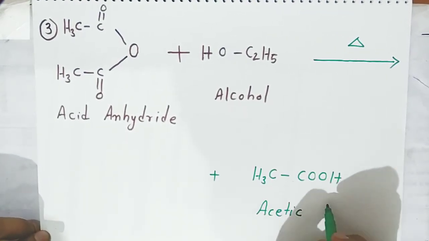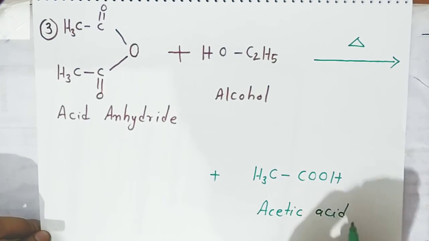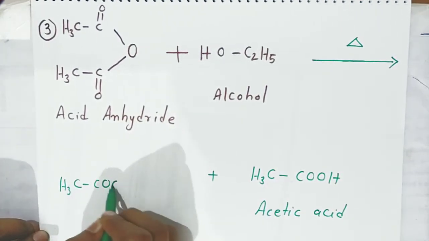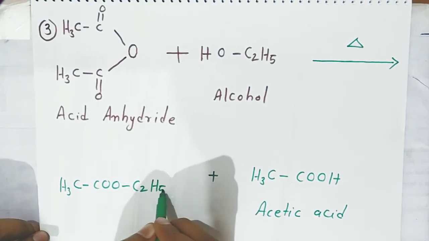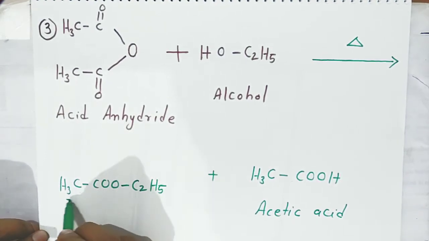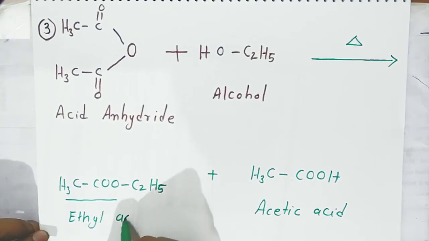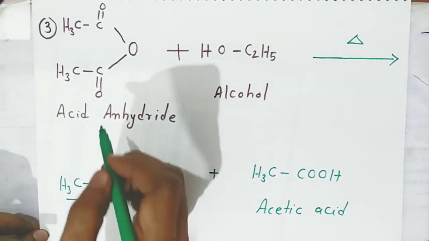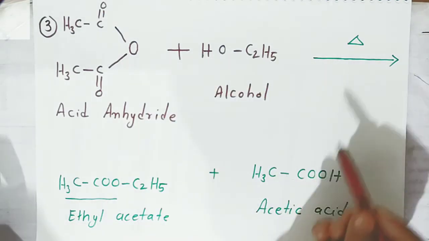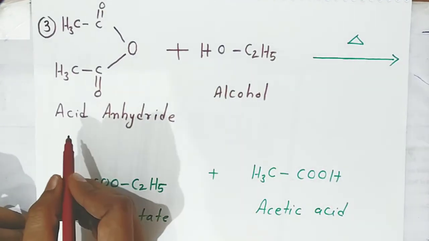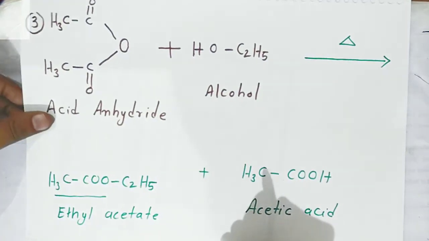Now when acetic acid forms, there is a formation of ester also, CH3COOC2H5. Again we are getting ethyl acetate. This is the simplest ester we have prepared, students, ethyl acetate. So with the help of the acid anhydride and alcohol, we heat these two solutions and get ethyl acetate and acetic acid. This is the third preparation, students. Third raw material is acetic anhydride. Now fourth, students, the raw material we are going to take is silver carboxylate.